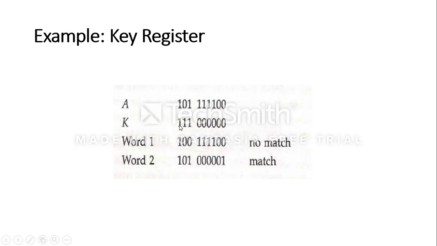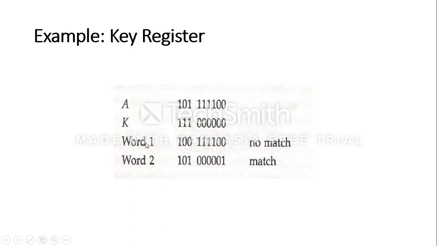As you can see, the three most significant bits of K are 1. The remaining bits of K are zeros. That means from the argument register, the control is required to consider only those bit positions where the corresponding bits in the K register are ones. The remaining bits of A will be treated as don't care bits. That means no comparison is required to be performed for the first 6 bits of the argument register A.